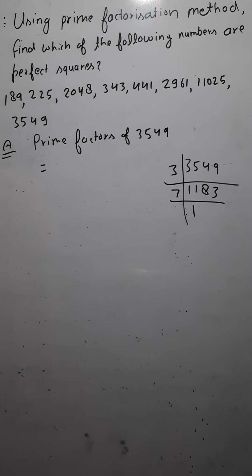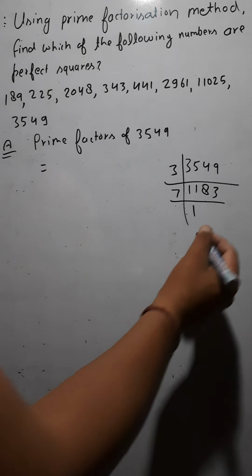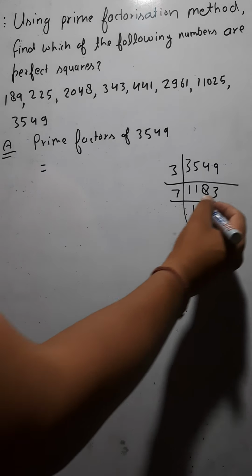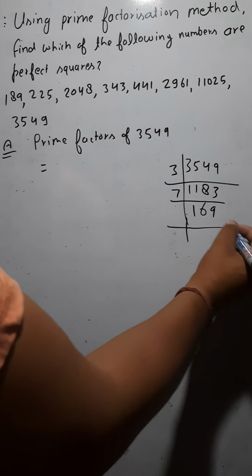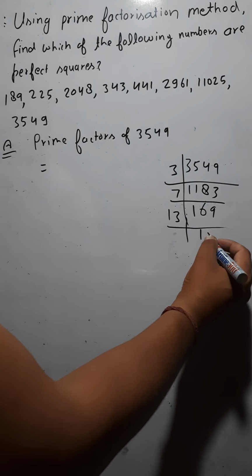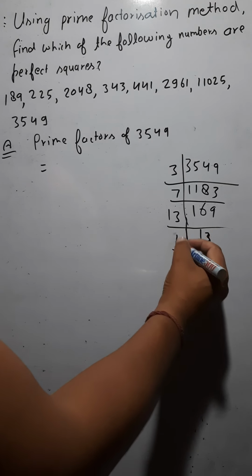Then you have 4 left, I think. 4 left, 7 6s are 42. 42, how much left? 6 left, yeah. 7 6s are 42, then 6 is left there. Then 7 9s are 63. Now we see 169, it is divisible only by 13. So 13 13s are 169, and 13 is divisible by itself.